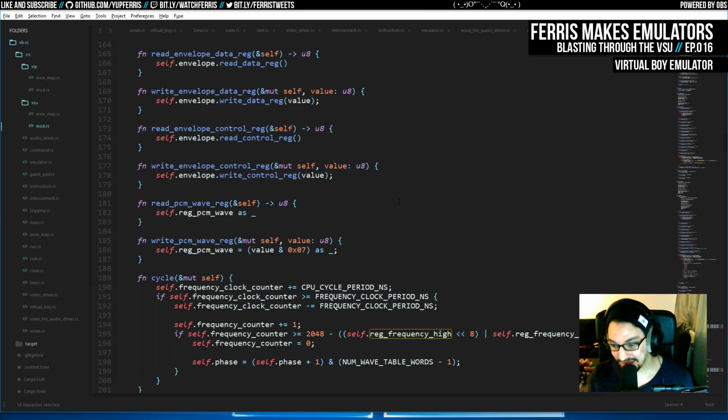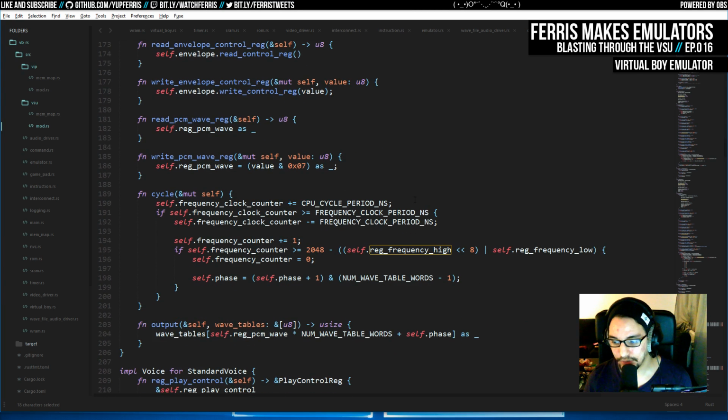Now that sounds a bit complicated, but the math ends up being really simple. You basically just divide the 5 megahertz clock by whatever the number is in those registers. So the way we do that is we have this frequency clock counter, which again is in nanoseconds, and this counts up by the CPU cycle period every cycle. And when that's greater than or equal to this frequency clock period, which is literally just a 5 megahertz clock, we have a frequency counter, and we count that counter up to the value specified in